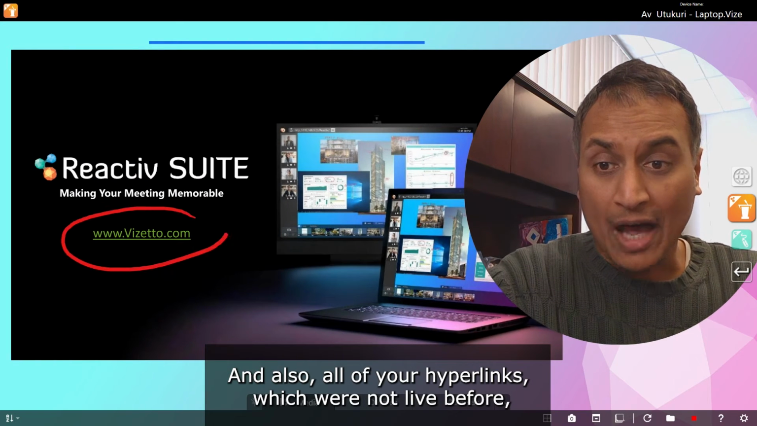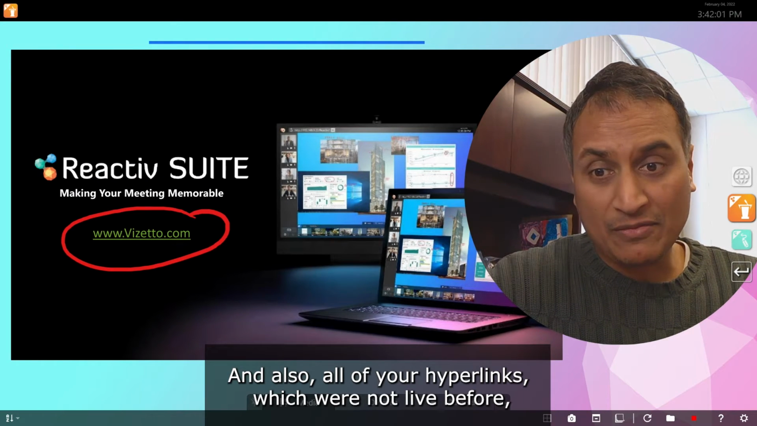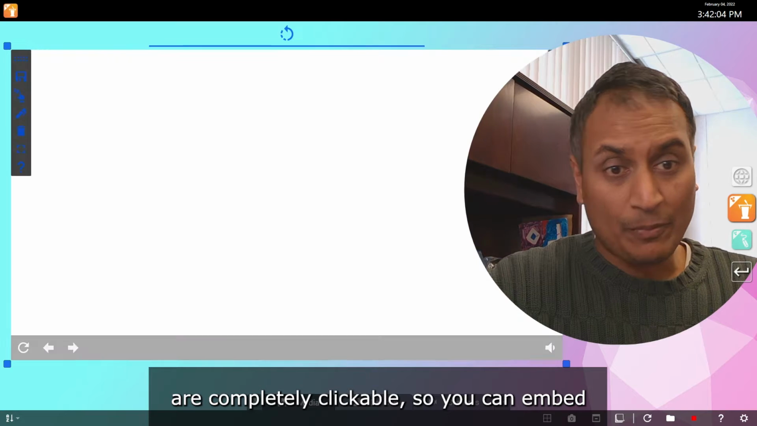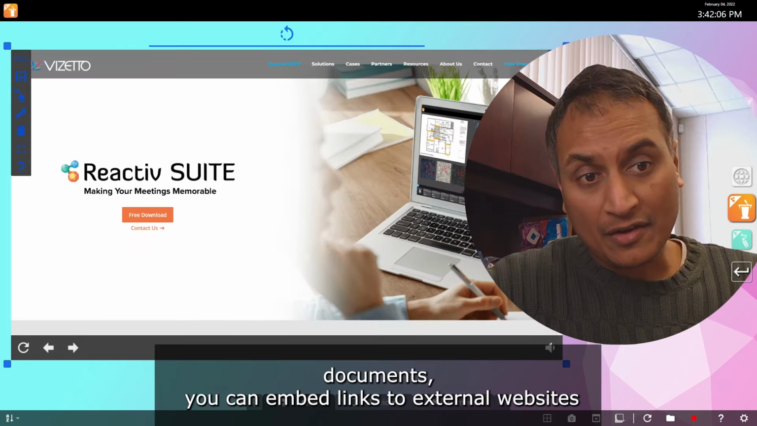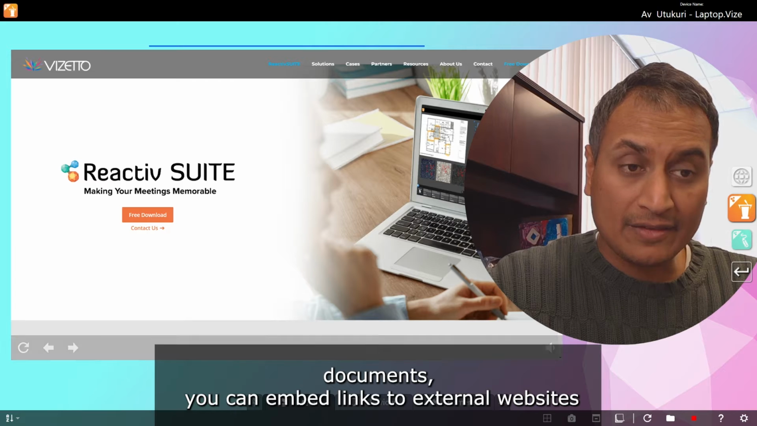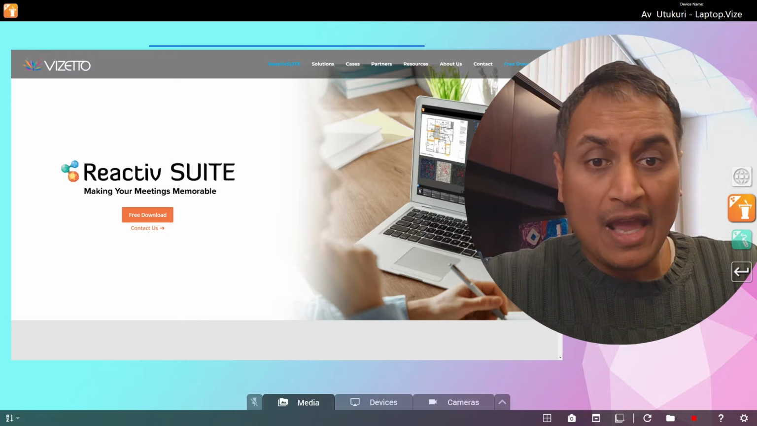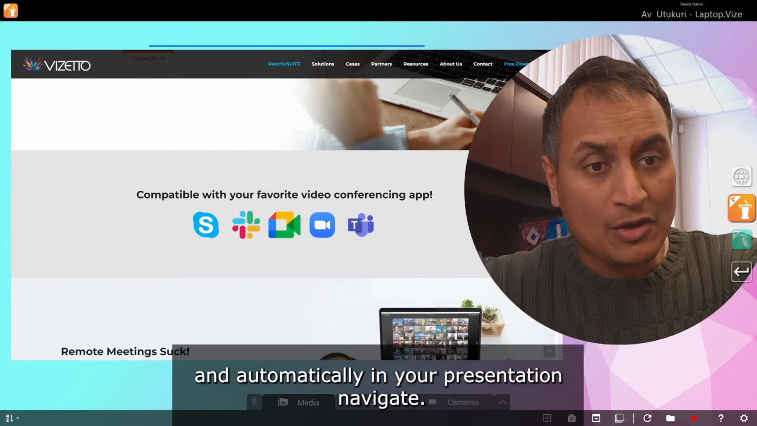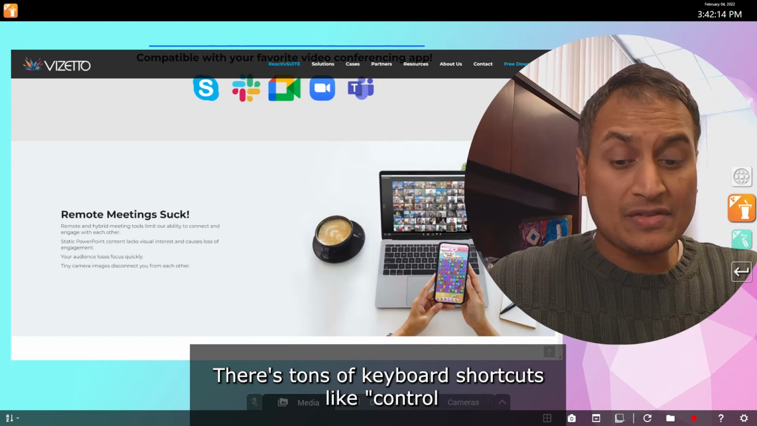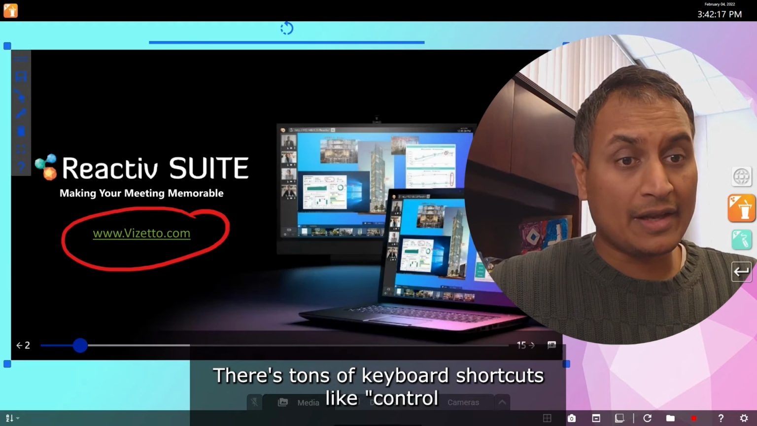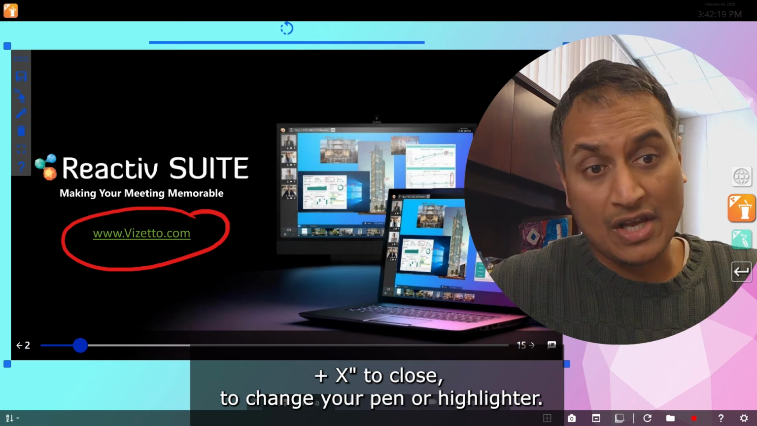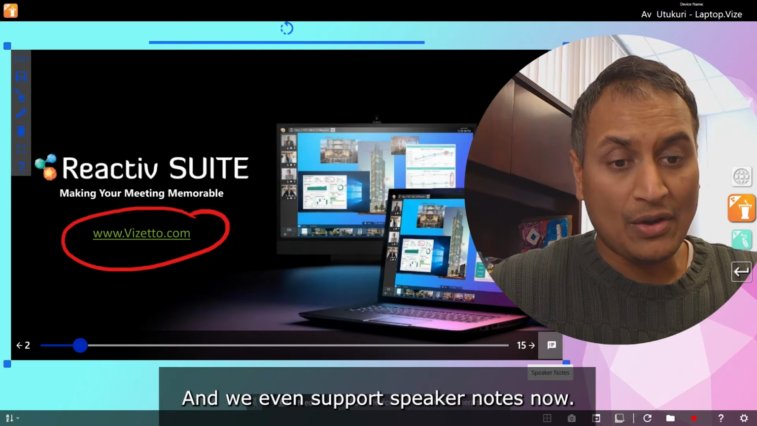And also all of your hyperlinks, which were not live before, are completely clickable. So you can embed documents, you can embed links to external websites, and automatically in your presentation navigate. There's tons of keyboard shortcuts like Control X to close, to change your pen or highlighter, and we even support